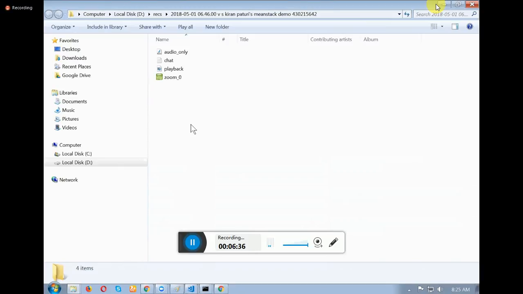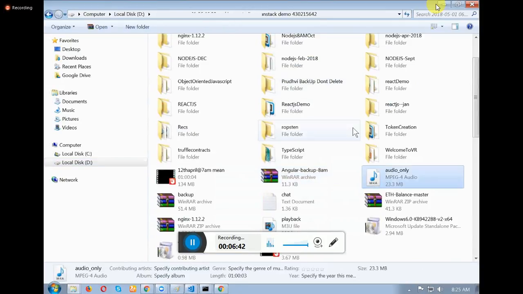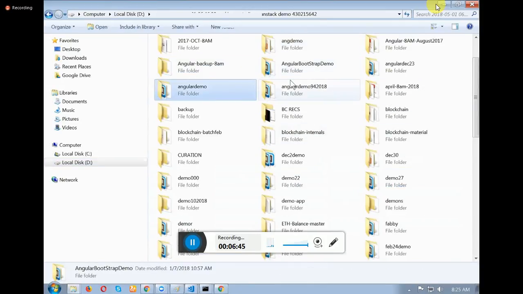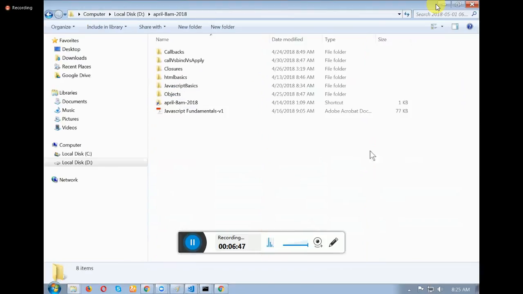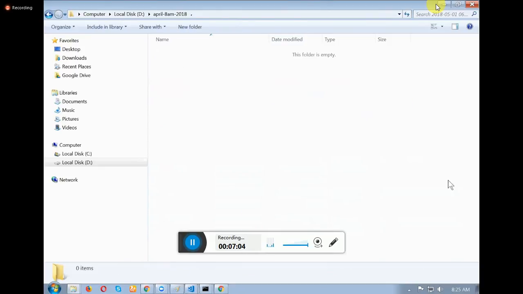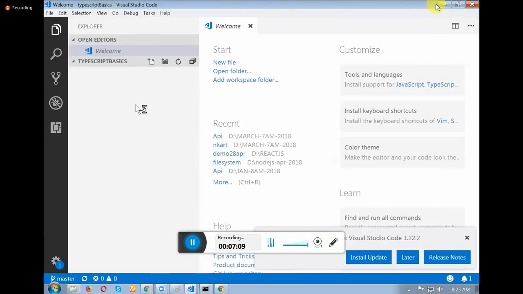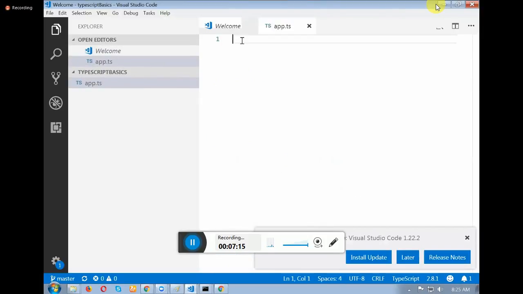For example, I am using an editor called Visual Studio Code, which is a free editor. You can try this editor. I will write some code.